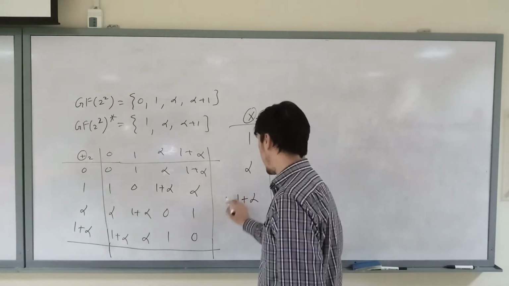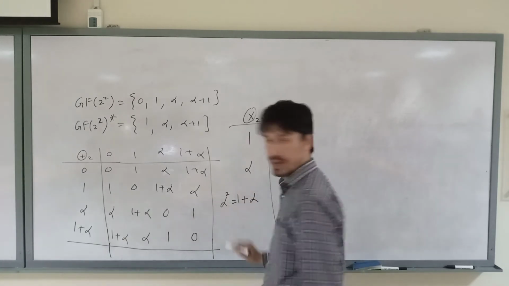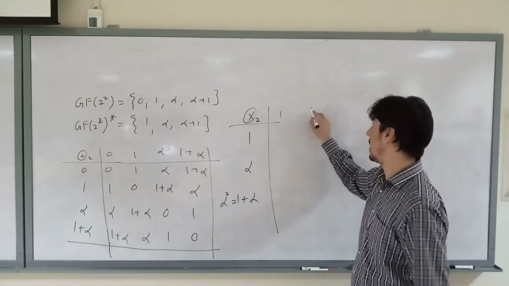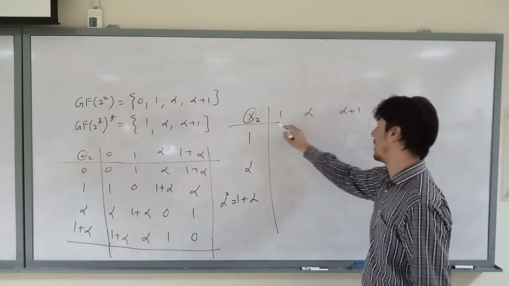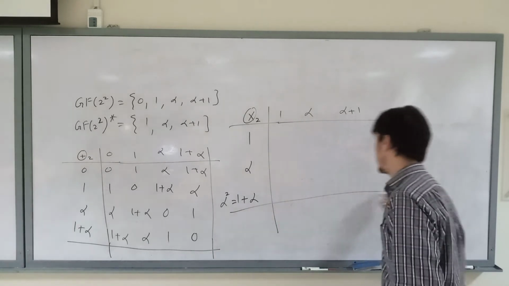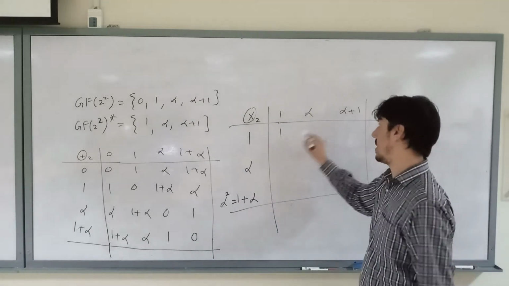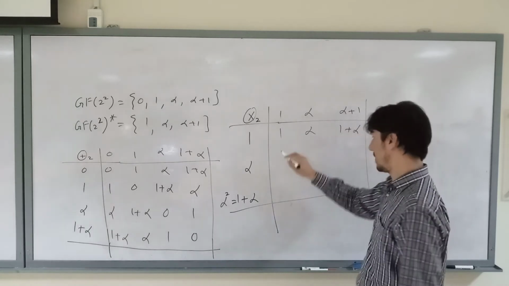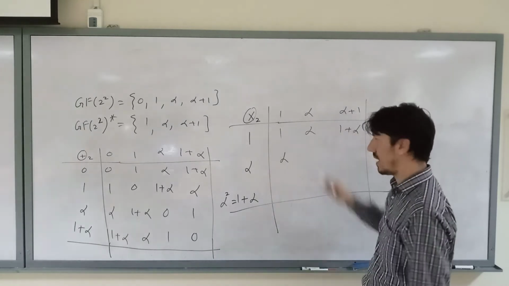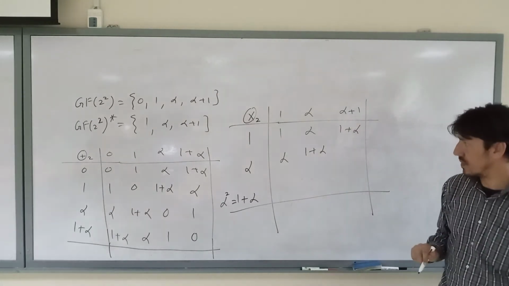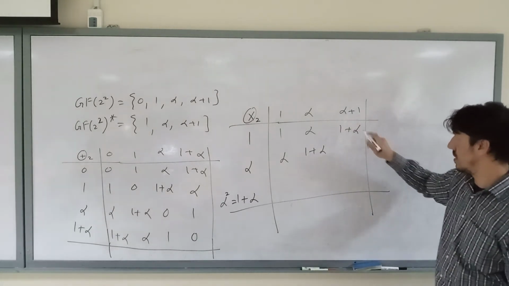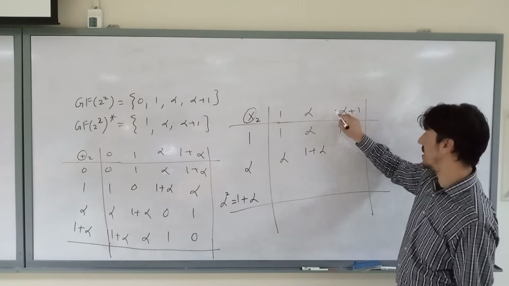If you can write it alpha square, this is 1 alpha, 1 plus alpha, or sometimes you can write down alpha square. So 1 alpha 1 plus alpha. This is alpha square. Alpha square is 1 plus and this is, अगर आप इसको इस तरह लिख लें